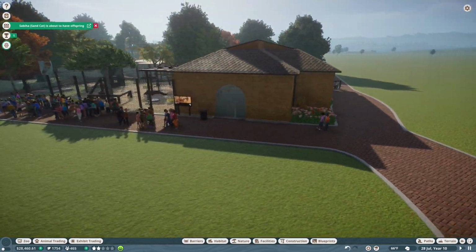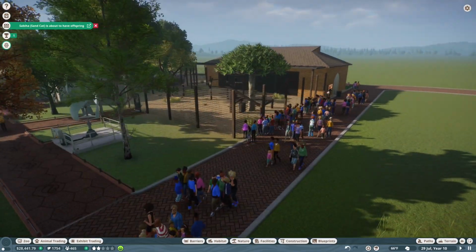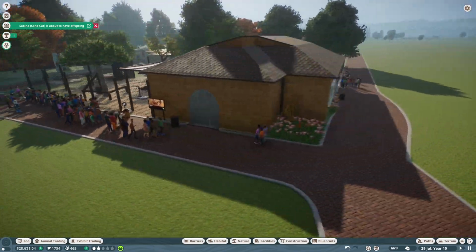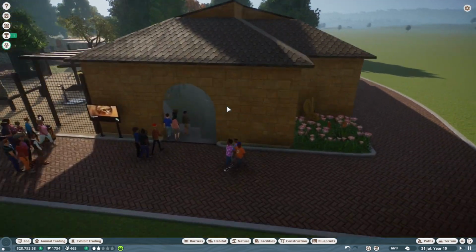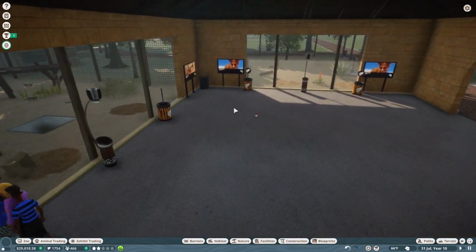Huge hit, though. Desert house, beautiful building. Honestly, it looks really good. I'm kind of happy with, like, the unique little way that it is, you know? And then you come inside here, and...